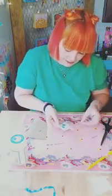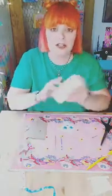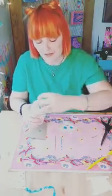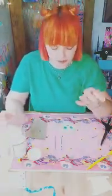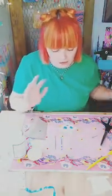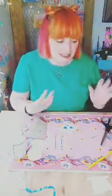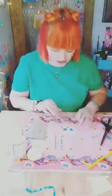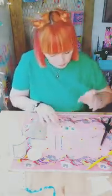Okay, next step, now that you have these two things, the glue is next. I'm just going to use my finger. You can use a paintbrush if you want. I would suggest using something very thin, like either your finger or a paintbrush, because you do not need a lot of glue on your tissue paper. If you've ever used glue with tissue paper, it can get messy, right? Even though I'm using coffee filter, it can still get messy. So what I'm going to do is,